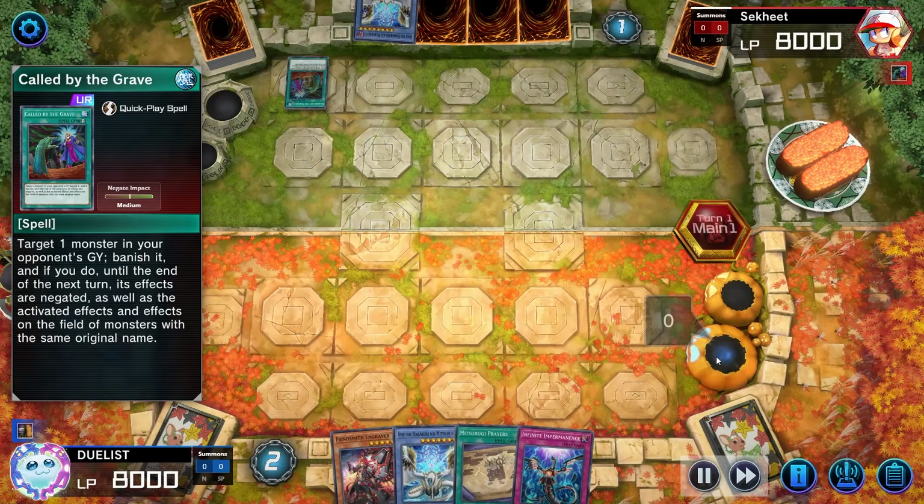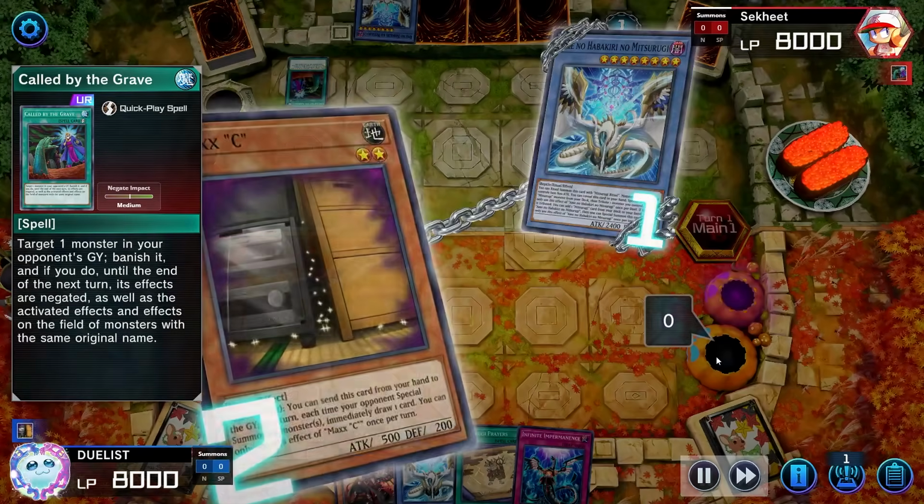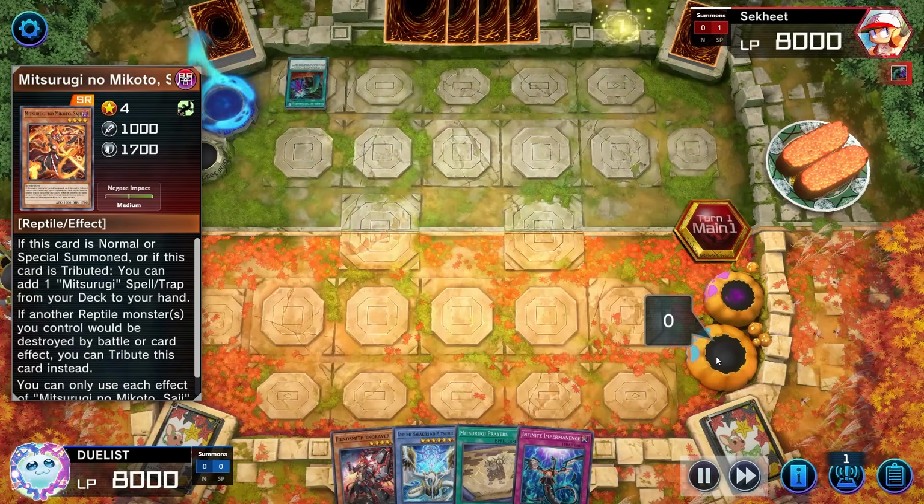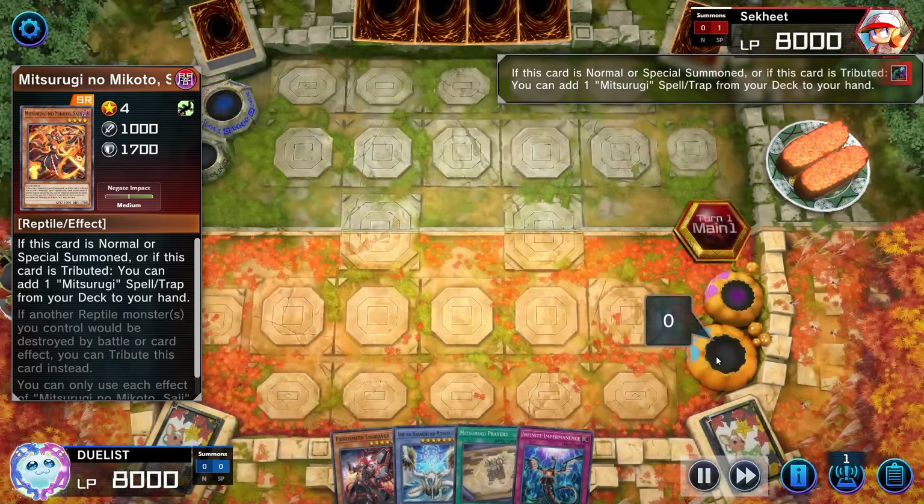Similarly with Fiendsmith, I'm only playing one Tract, and I'm not playing the Requiem, or not Requiem. Is that the trap card? No, Paradise. I'm not playing Paradise either. As always, I'll show you my build at the end of the video, but